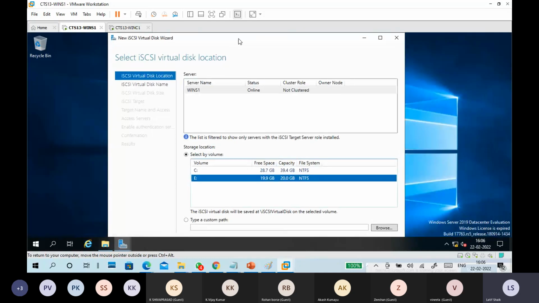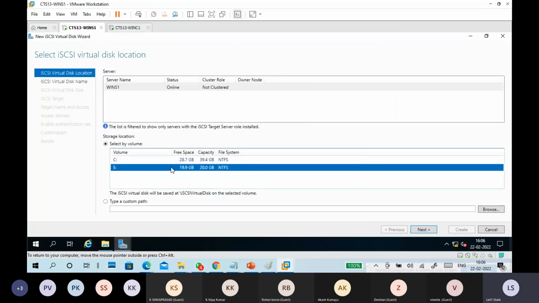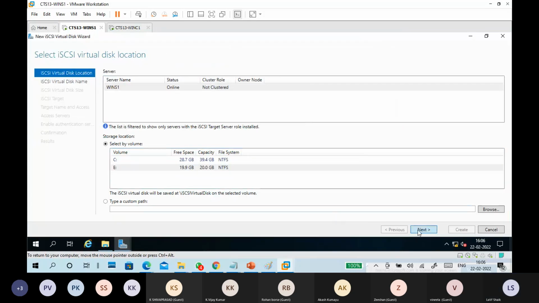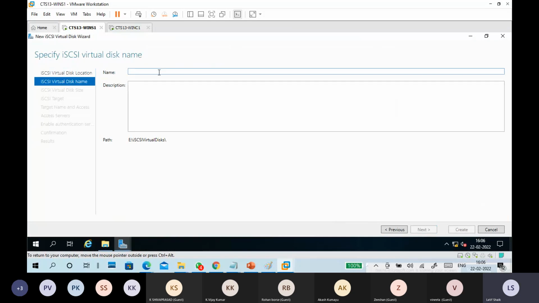Okay, this is the E drive. Next, you have to give the name of the virtual hard disk. So I put WinC1's disk. This is the location where this disk is stored.